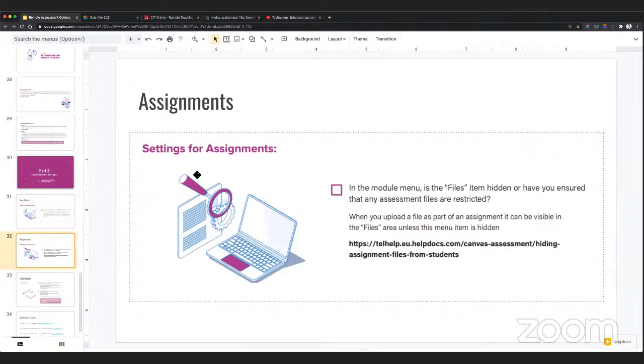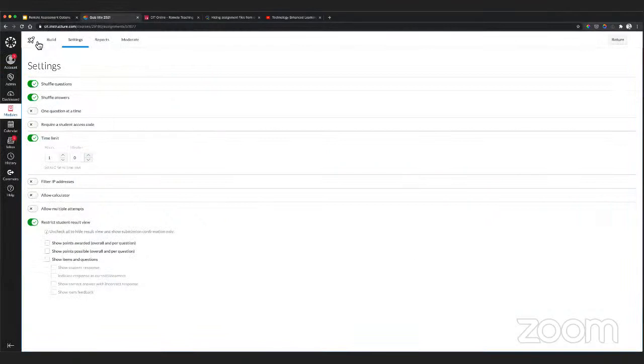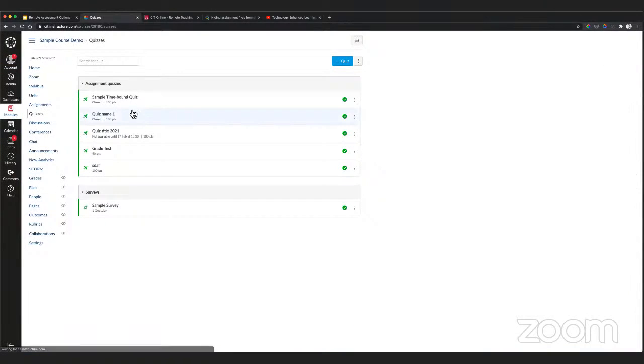And in terms of settings for assignments, I've mentioned it already, but no harm in mentioning it again. Make sure your files area is hidden, so that's the files menu item in Canvas. So if I go to my menu in Canvas here for this module, I can see that files is hidden